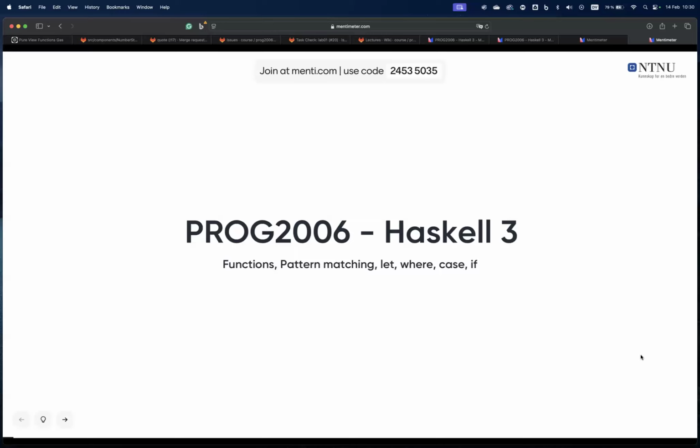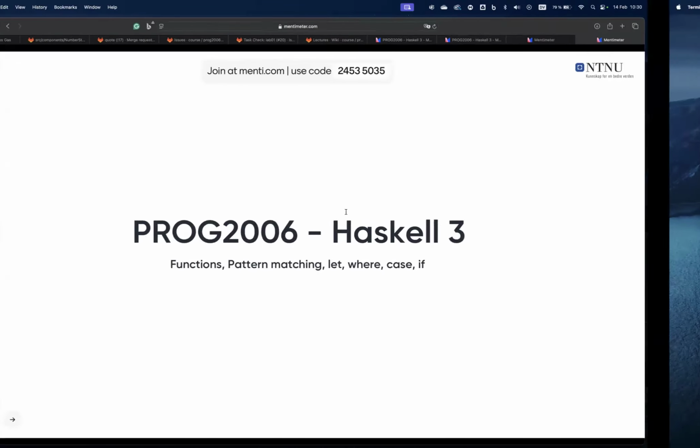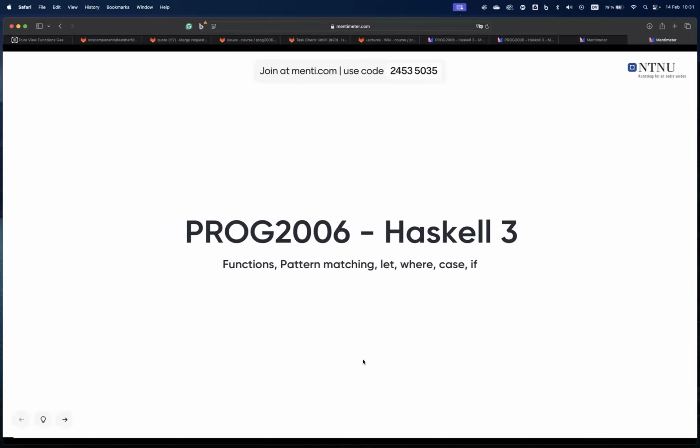All right. So if you have questions, extra questions, please ask. And then I will cover them. I will cover Solidity Lab in a moment. And let's move on. Let's kind of start